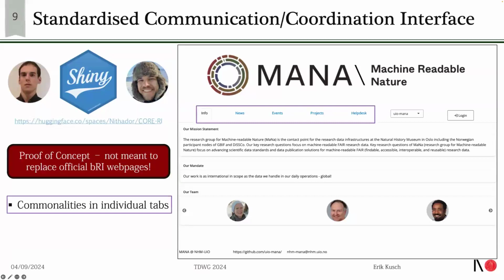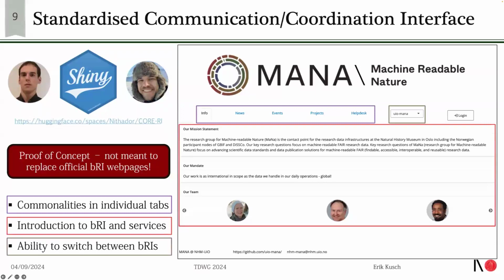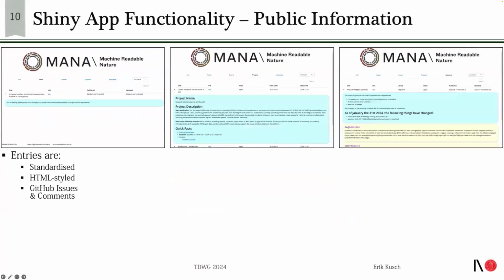First of all, we get the commonalities that I've identified across the different BioRI web pages in individual tabs. We then get an introduction to each individual BioRI and its services right on the landing page, and have the ability to switch between BioRIs for ease of access of comparing information and switching from one to the other. When we go to each individual tab, we find that entries are standardized HTML style, so don't look as rough as they could. And also we see not only GitHub issues, but also comments allowing for ongoing discussions on these